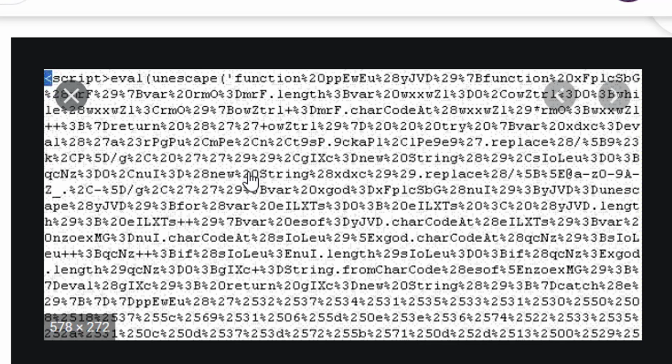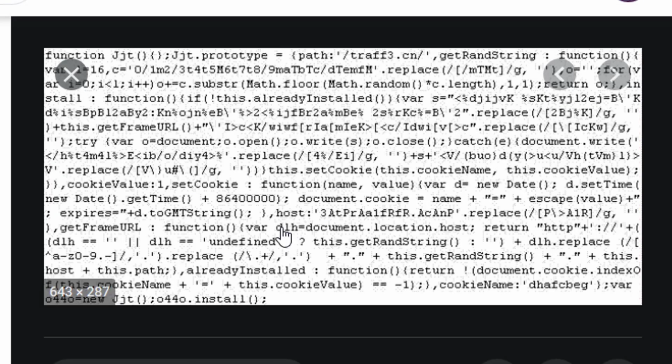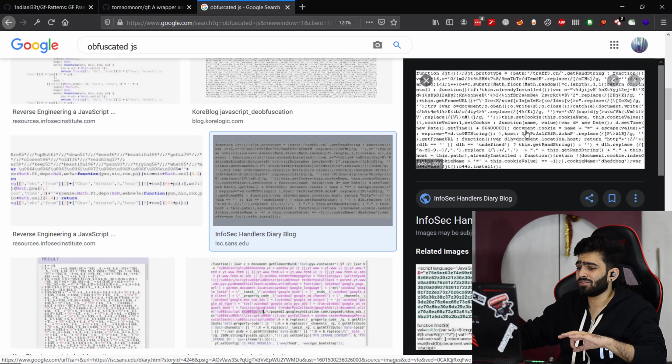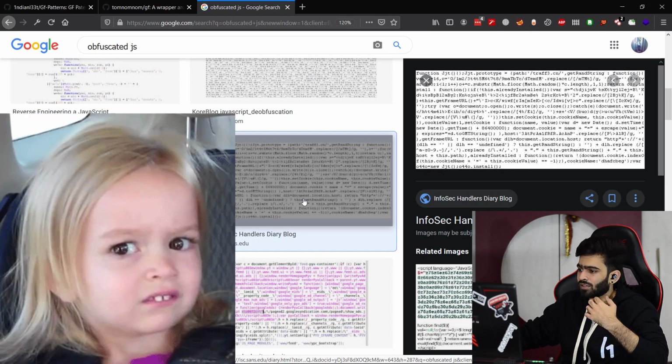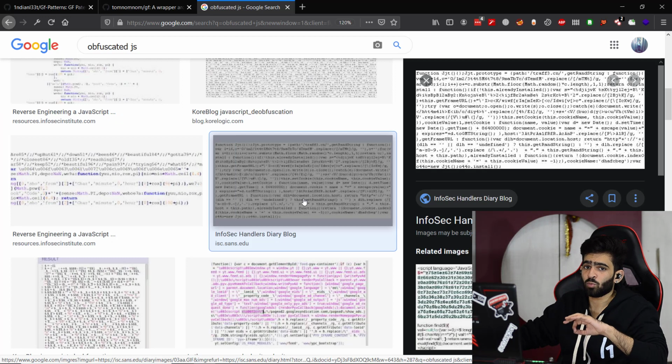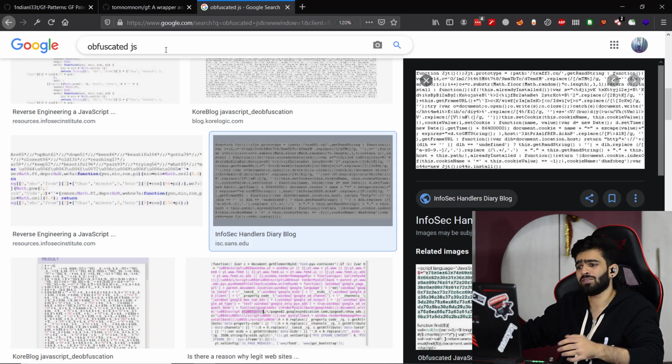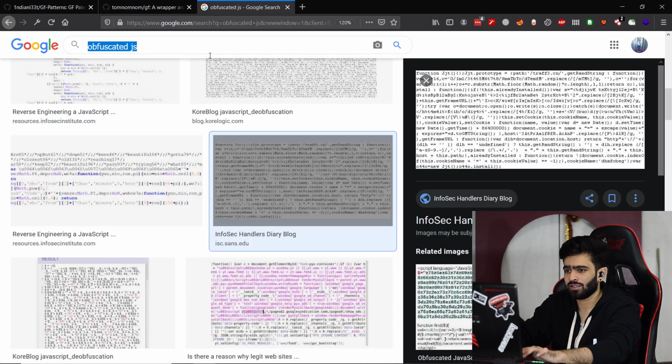Or maybe it's something like this, or maybe something like this. Basically something which does not look like a JavaScript file but is a JavaScript file. Consider that it is most probably obfuscated or minified, and you could easily de-obfuscate that with many online utilities like, let's just see,